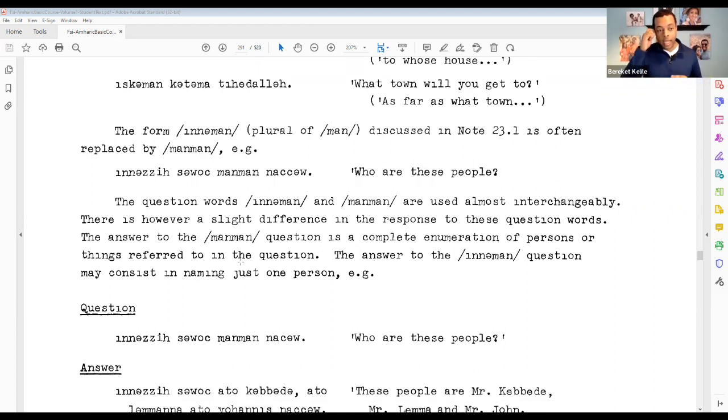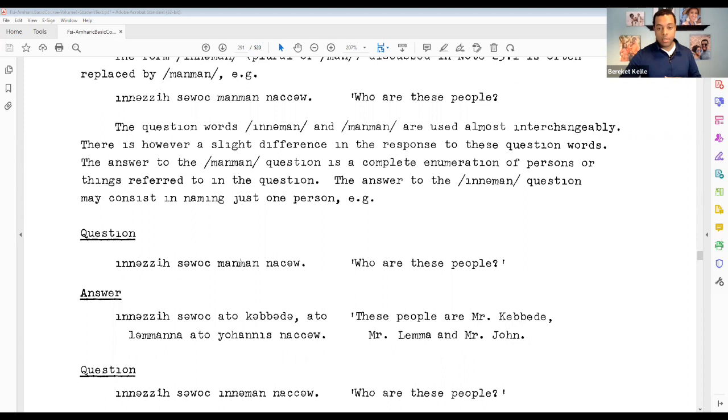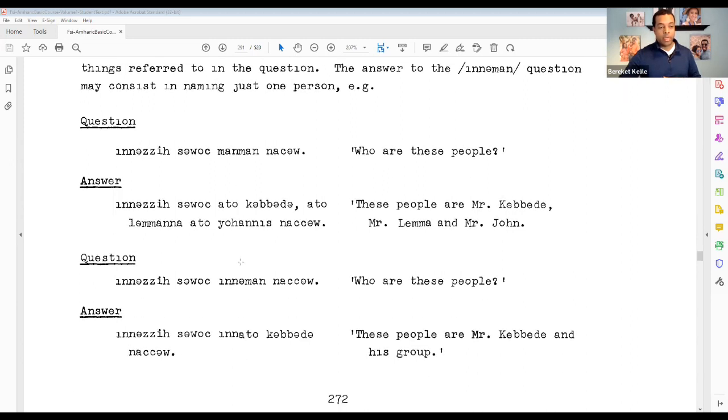But the one difference is that the answer to, as it says here, the man question is a complete enumeration of persons or things referred to in the question. Whereas when you're using inde, the answer can just refer to one person. So they give you a couple examples to illustrate that distinction. In the first case with man,